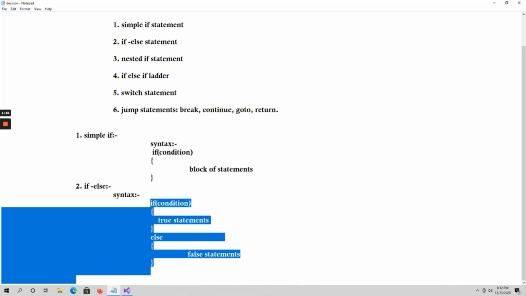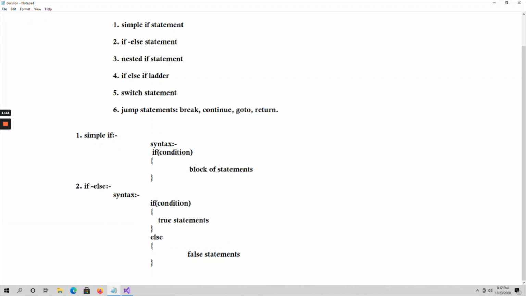If the condition is false. In simple if it just executes the true statements only. Okay, if the condition is false, it won't do anything, it will just come out of the block. But suppose you want to specify what it has to do if the condition is false, what statement it has to execute. Suppose you want to specify that, then it is better to go with if else statements.